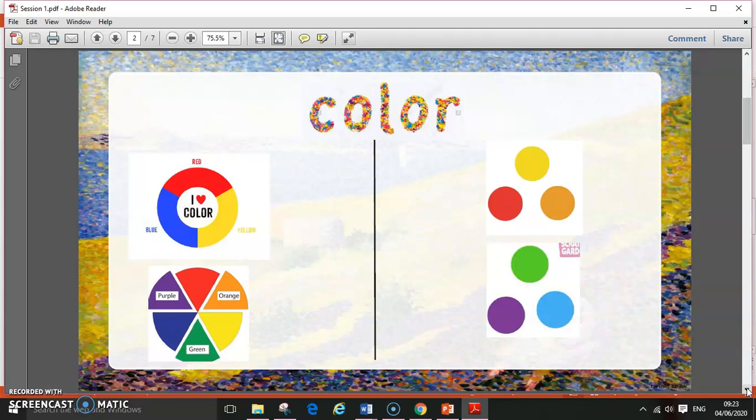We can see that there are two images here on the left hand side, and on the top image we can see that our circle has been divided into thirds. There's three different parts to it, a red part, a blue part and a yellow part. Now these three colours are known as the primary colours,